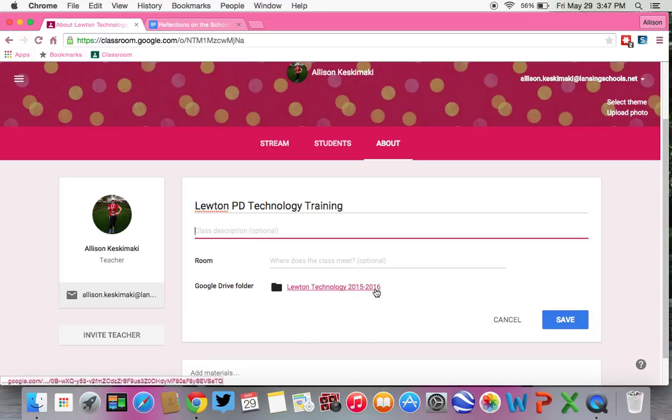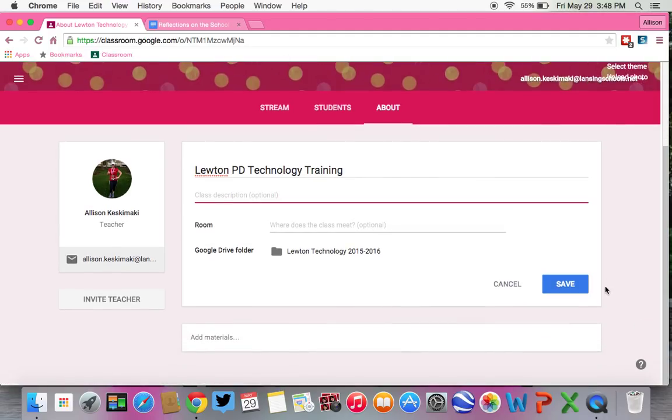So Google Drive and Classroom are awesome, and they will automatically create a folder within your Drive called Classroom, and then any other classes you have created. Because I have 3 classes within Google Classroom, if I went to my Classroom folder, I would have one for Luton, one for Mount Hope, one for Everett. I'm going to choose Save,